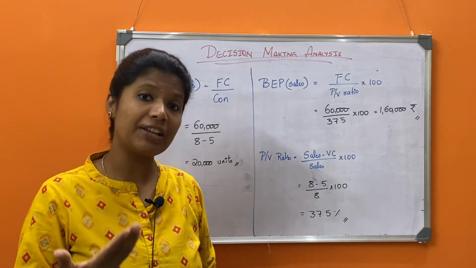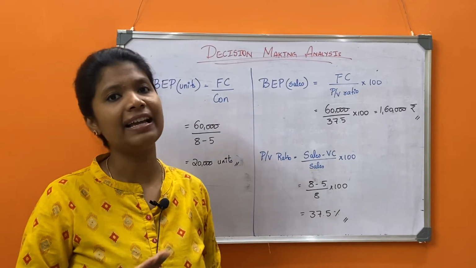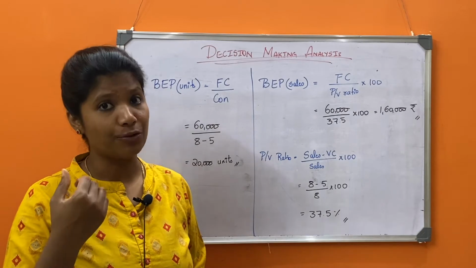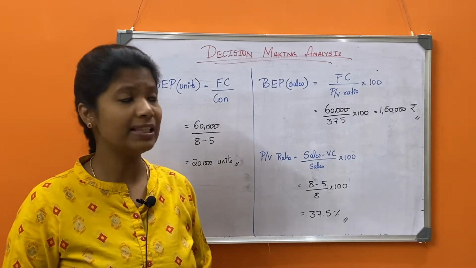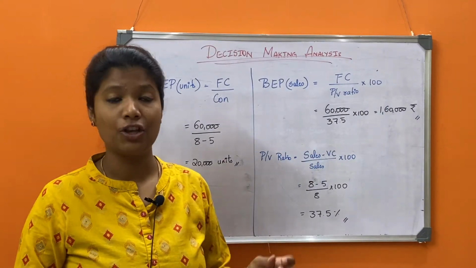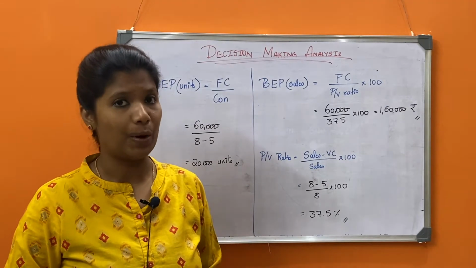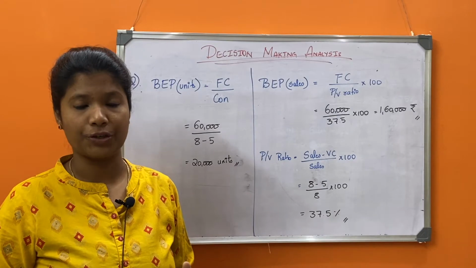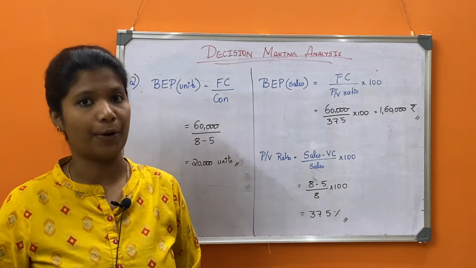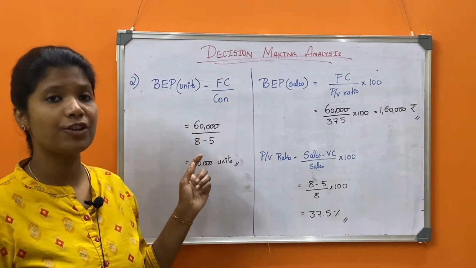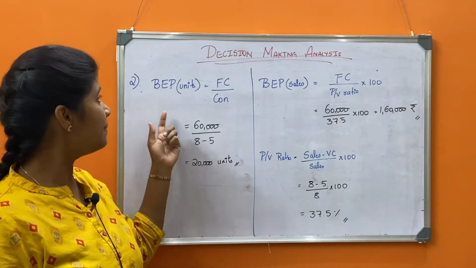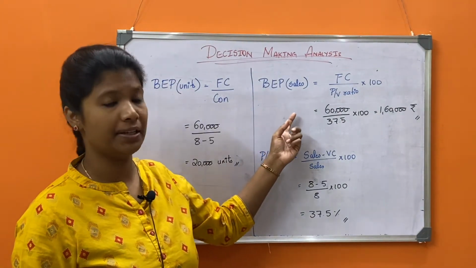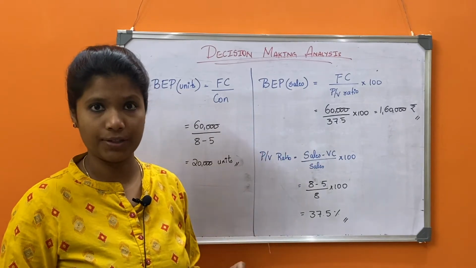So how much revenue are we incurring at break-even point? 1,60,000. So what is your investment? 1,60,000. Clear? Investment is 1,60,000 and your return from your sales you're getting is 1,60,000. So are you making profit? No. Are you making loss? No. This particular situation is called as break-even point. So with the second question, we are able to solve another concept, break-even point in terms of units and break-even point in terms of sales. Got it?